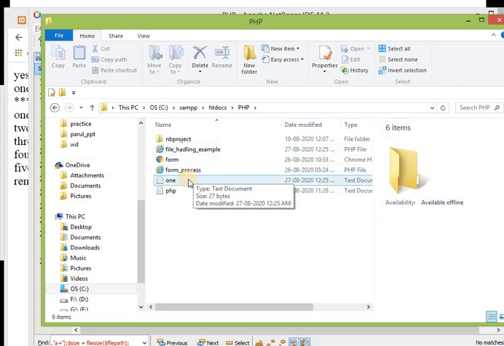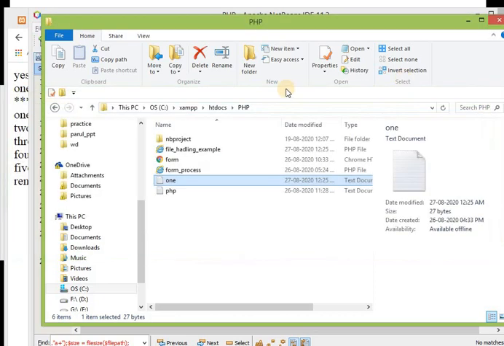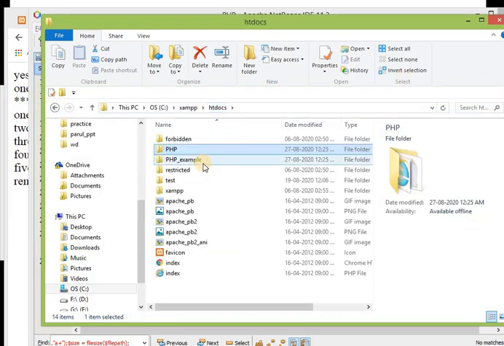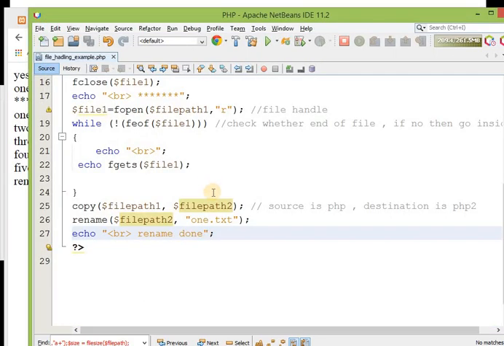You can see there is one file which is created, 1 2 3 4 and 5. But over here there is no such file, it is just directly created over here.